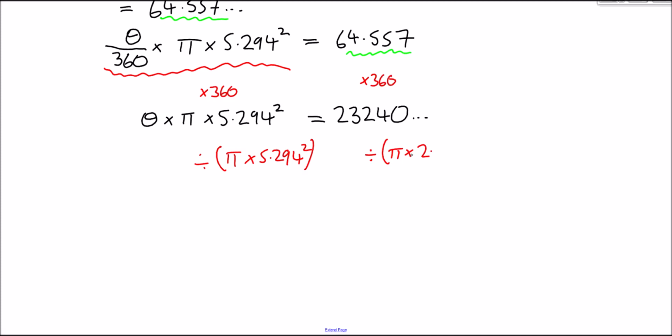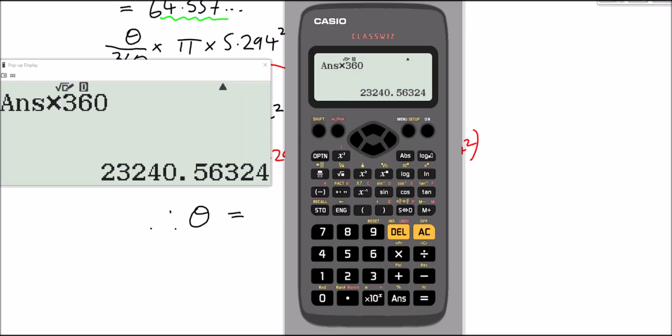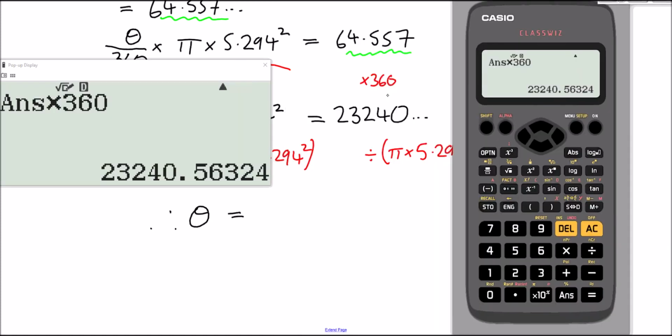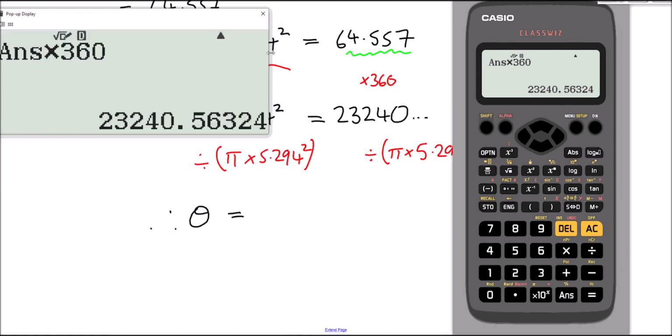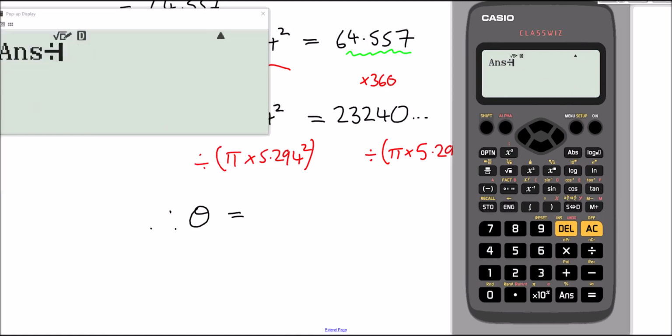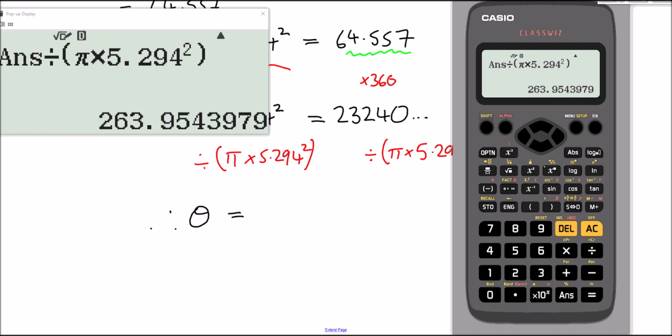Oops, not 2, what am I talking about? My bad. It's 5.294 squared. And that'll tell us what theta is. So theta is going to be this value on our calculator, 23240, and I'm going to divide that by pi times 5.294 squared, close brackets, and we get here